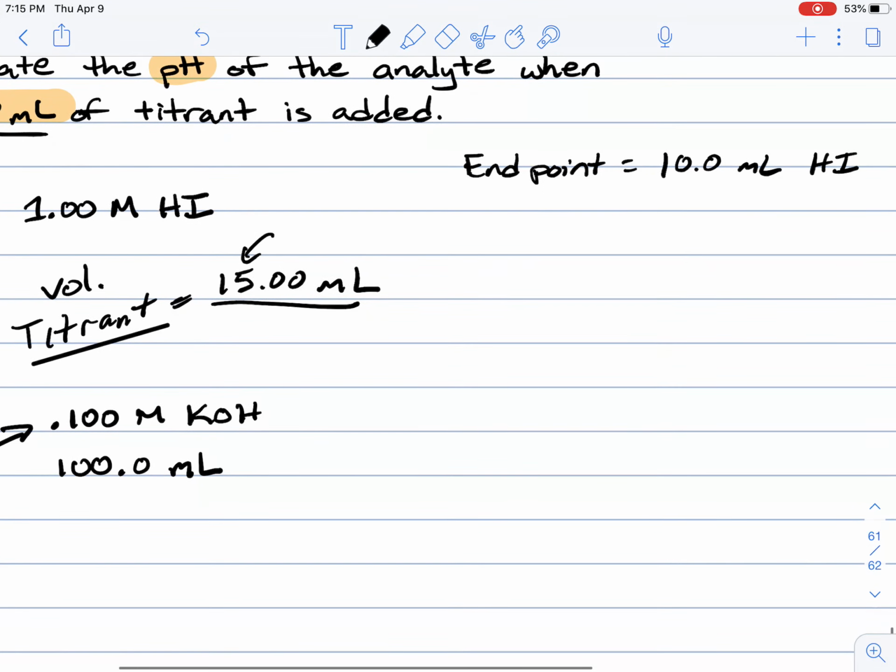So the end point is 10 mils of hydroiodic acid, so not at, when 15 mils is added